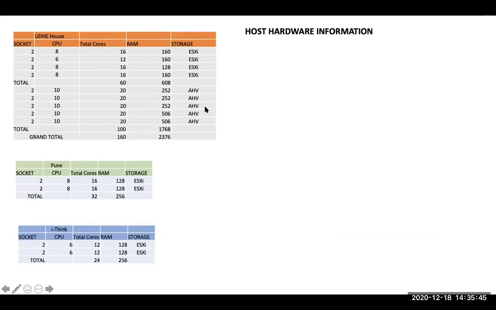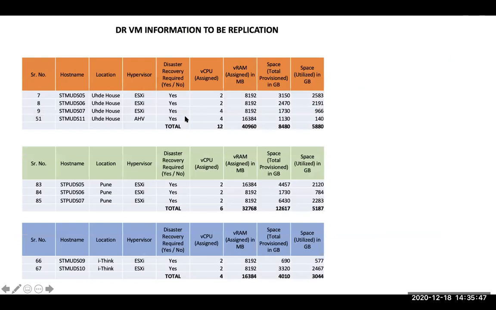Now I broke it down, and this is the total for the respective co-locations and whichever applications you want a DR for. From UDHE house, you have this many VMs which are supposed to be backed up to the Pune location. From the Pune location, these are the VMs which are supposed to be backed up to the other locations.